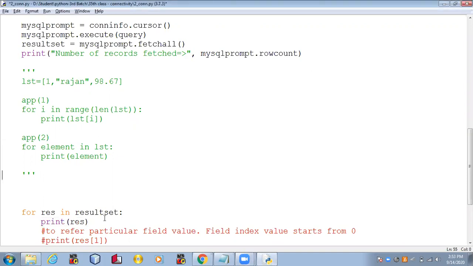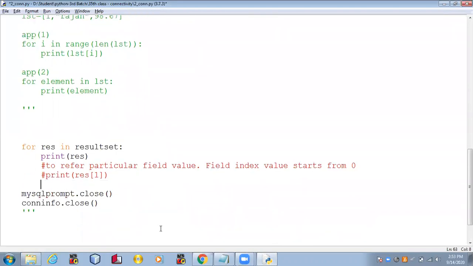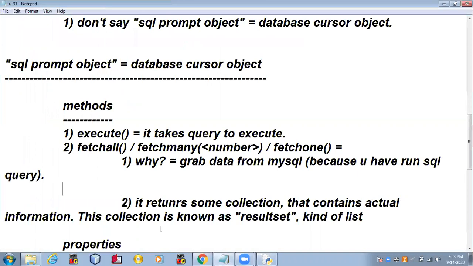Okay, so now I want to print all rows but one by one. So here I'm picking the first row information and storing it in one of the variables, res, and then keep printing this res variable until I reach the end of the rows. Once I am done, we'll close the database cursor object. We'll close the collection as well. Close is the name of the method. So there is one more method I'm going to add in here. It is the close method. It just releases the database cursor object.